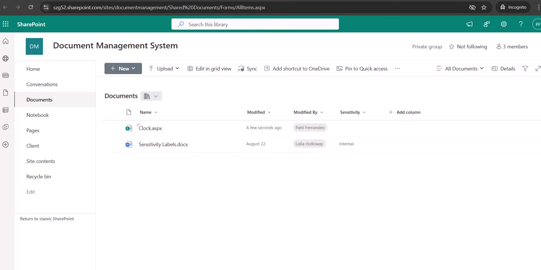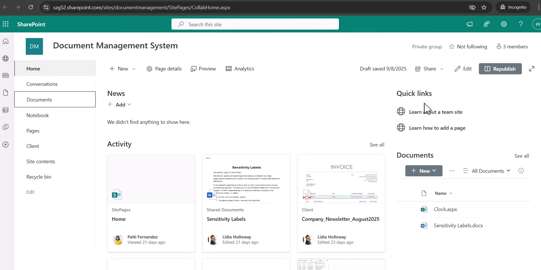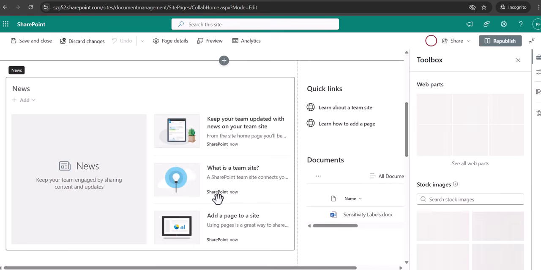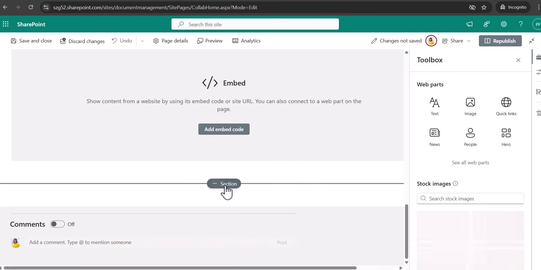Next, you need to go to the SharePoint site page where you want to add that HTML CSS custom code. I have created this home page. If you want, you can create a new one also. Now you need to click on Edit, and once you click on Edit, the page will become editable, and then scroll down wherever you want to add the